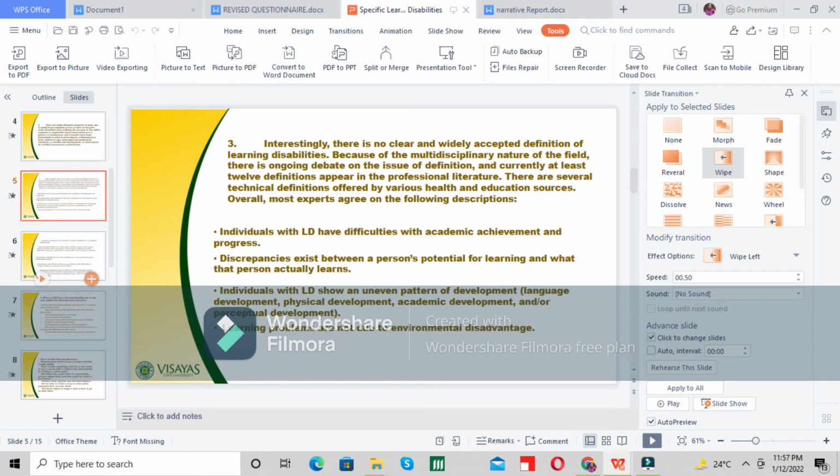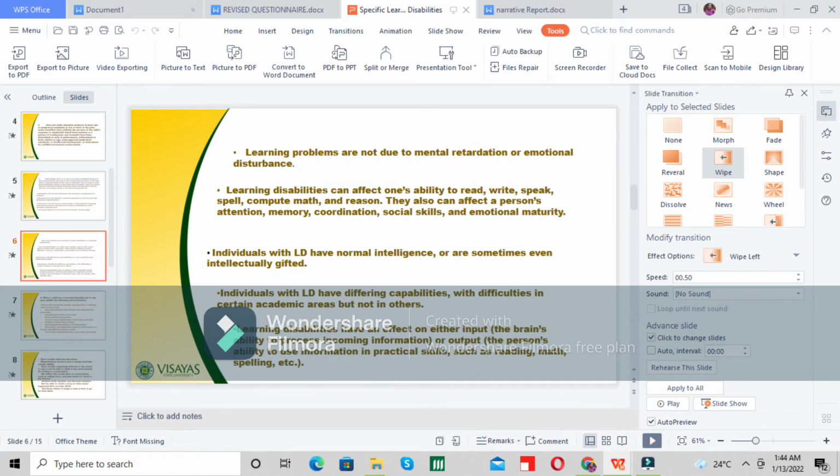Another, learning problems are not due to environmental disadvantage. Yeah. And next,